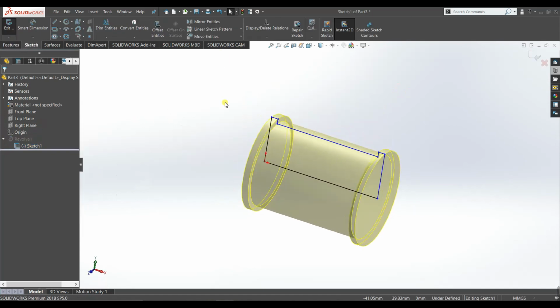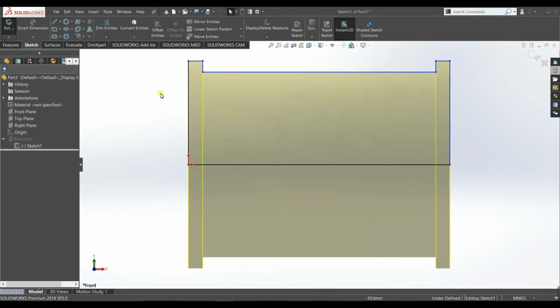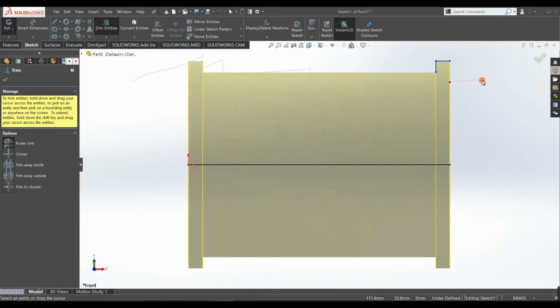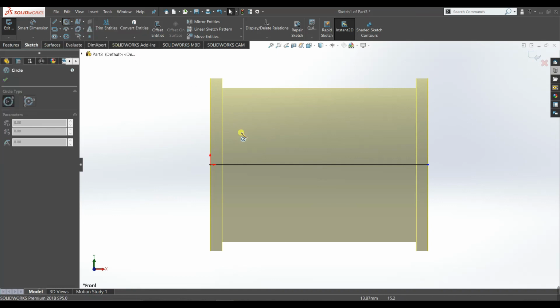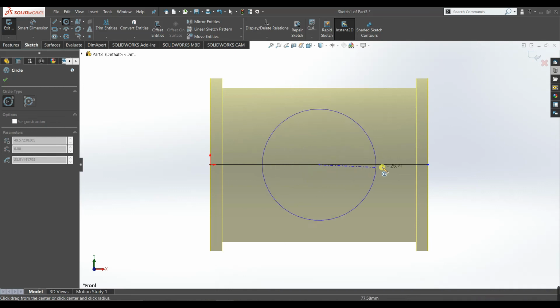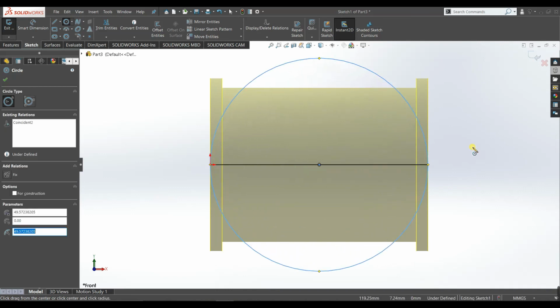Now let us say I want to make a sphere. We can make spheres using this command. I will go to trim entities and I will just trim it. Accept. Okay, now I will select this circle command and I will put it on the midpoint of the line and I drag it to the end point of the line like this.